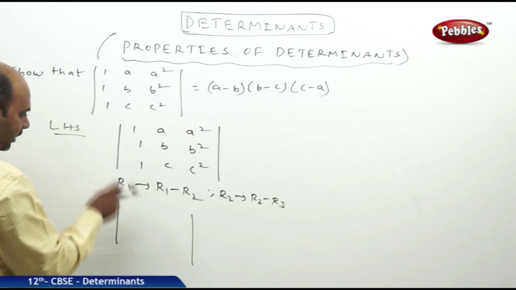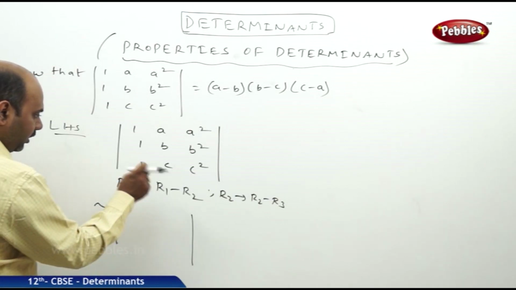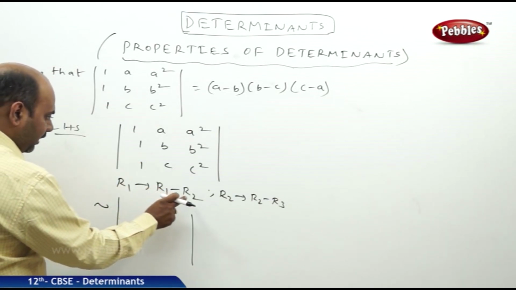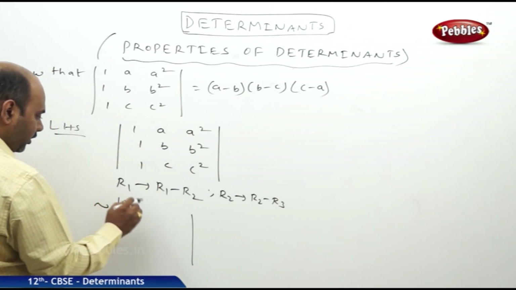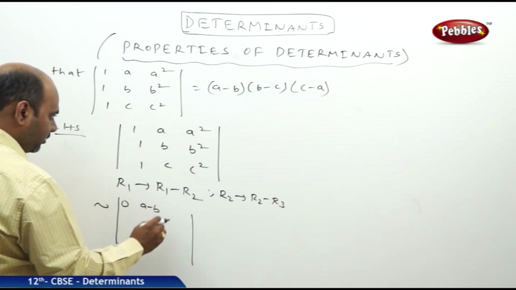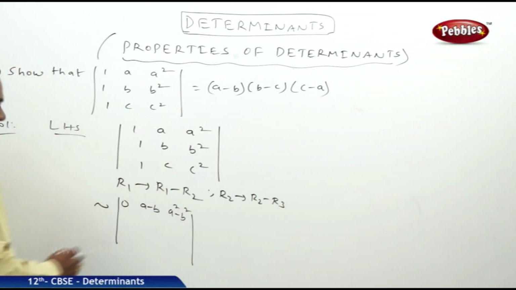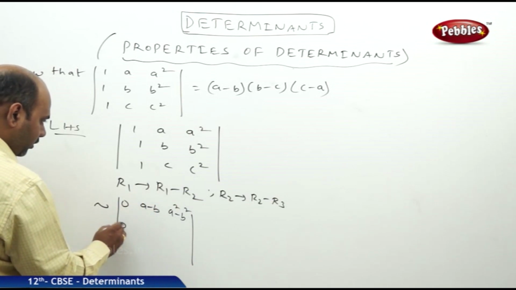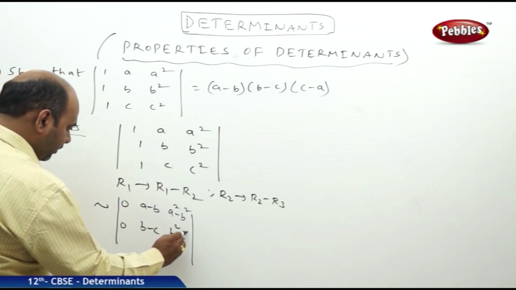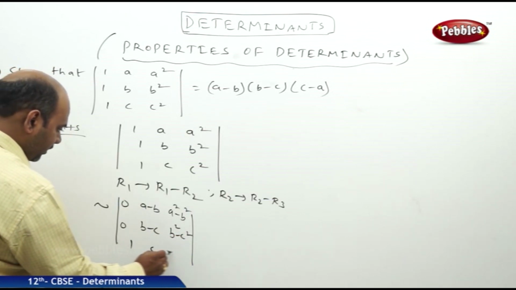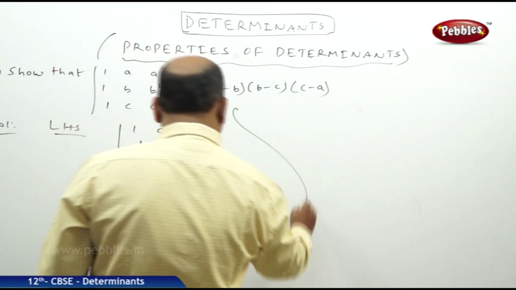R1 implies R1 minus R2. That means a new row R1 we need to find by subtracting R1 minus R2. So what happens? 1 minus 1 is 0, a minus b and a square minus b square. Here also R2 means 0, b minus c, b square minus c square, and later 1, c, c square. Now if you could observe carefully,